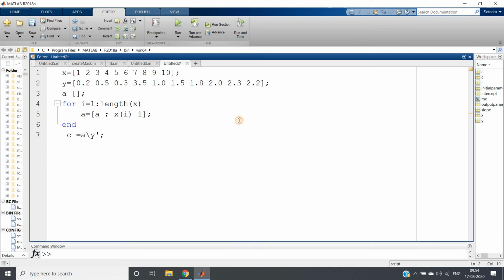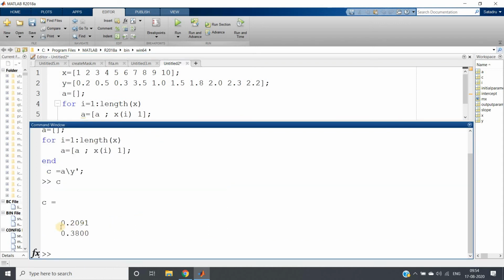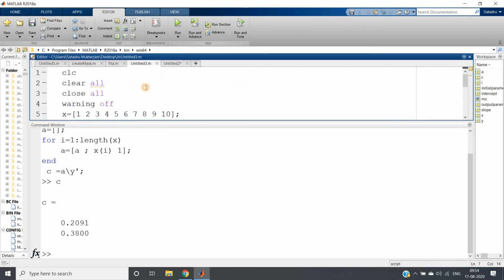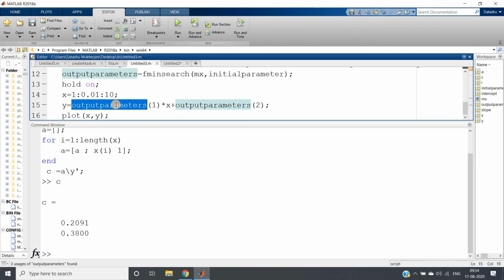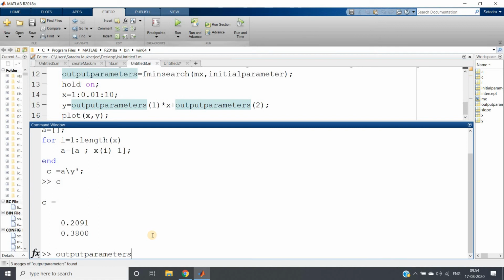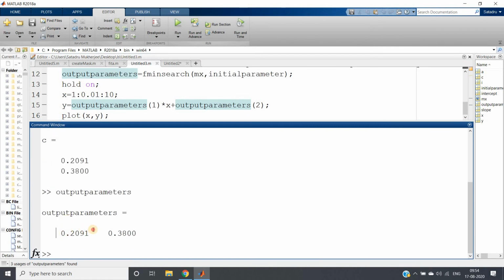If I just run, I will be getting C value as 0.2091 and 0.3800. So this is the M value and this is the C value in y equal to mx plus c. And here our result is stored in output parameter. So let me copy this and paste it here. Hit enter. See, same M and C value we are getting, that is same slope and intercept. So this also works, right?